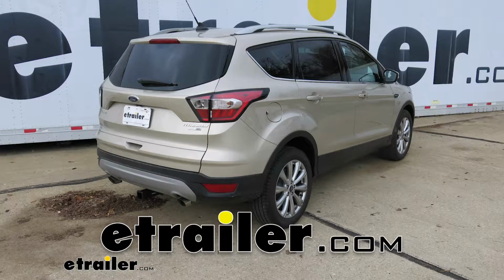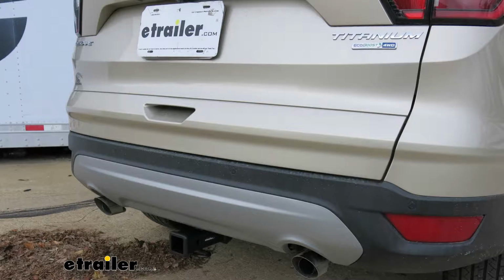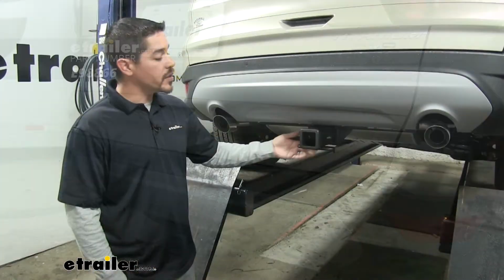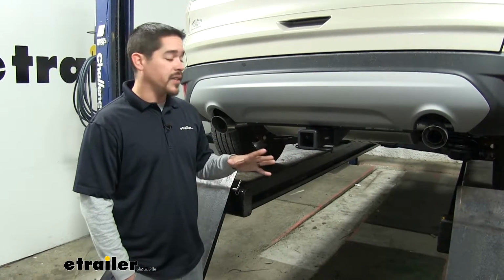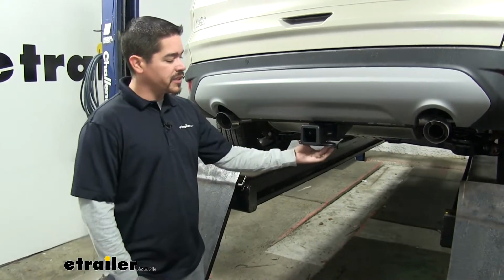Today in our 2018 Ford Escape, we're going to be taking a look at and showing you how to install the eTrailer Class 3 Custom Fit Trailer Hitch Receiver, part number E98866. So here's what our hitch is going to look like once we have it installed. The cross tube is going to be hidden behind the bumper, and all we're going to see is that receiver